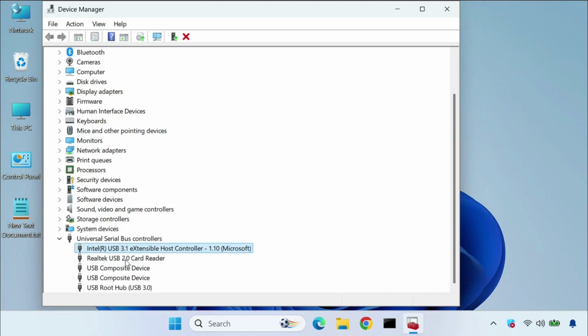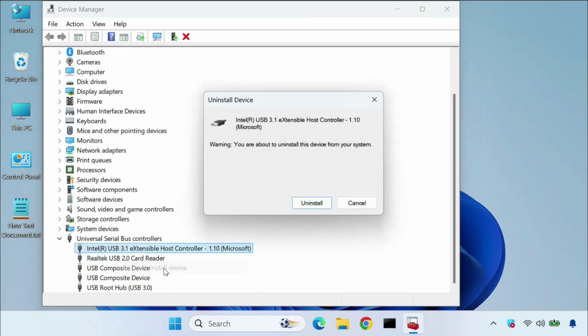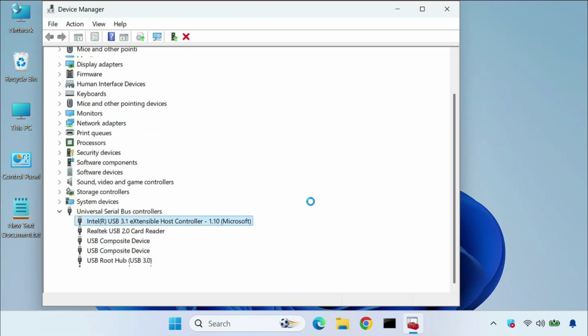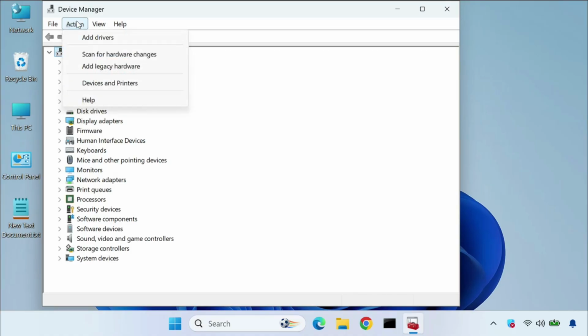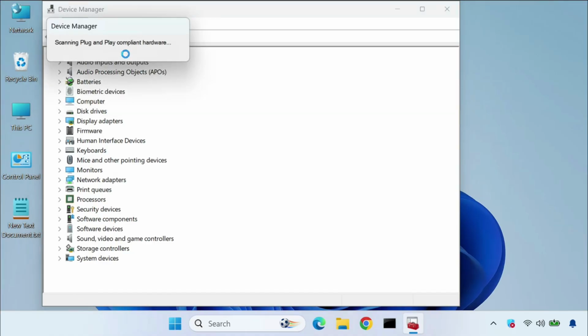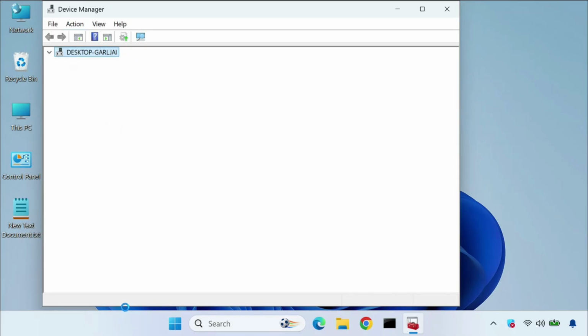Okay, so this is the USB 3.0 driver and 3.1 and 2.0. So right click to uninstall it first. After that, it will remove all. Okay, and then once again click Action and then click Scan for hardware changes. After that, it comes back again. Expand it,